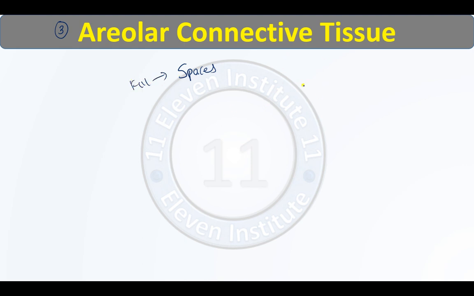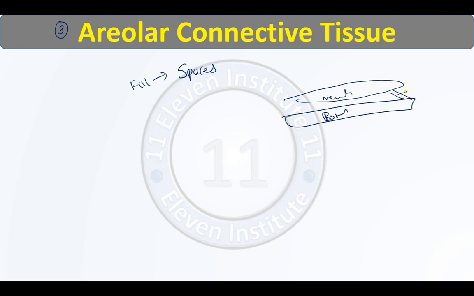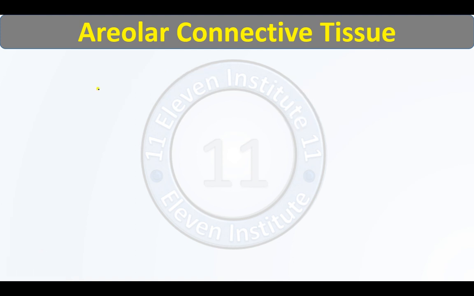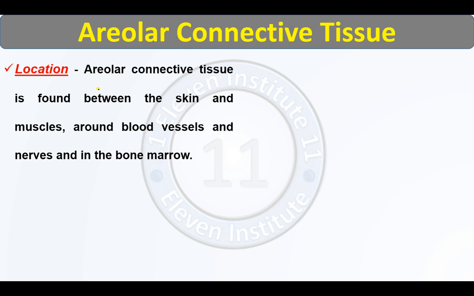Fill spaces. Suppose this is a bone. Above the bone there is a muscle. Now this muscle is joined over here with the help of tendon. But here there is some space. So such space will be filled with the help of areolar connective tissue. Apart from that, suppose this is the outermost layer, epidermis, and there is space over here also. So this space is filled with the help of such areolar connective tissue and adipose connective tissue also. But let us first discuss about the areolar connective tissue.